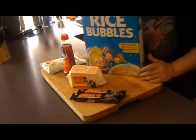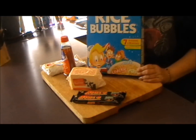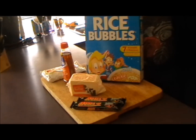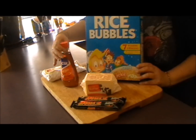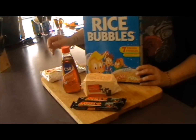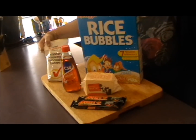Mars bar slice, you need two 60-gram Mars bars. You need about 2 cups of rice bubbles, or I think in the States they call them rice crisps. You need 75 grams of butter, and you need about 2 tablespoons of golden syrup. To top off the Mars bar slice, what you need is some chocolate buds which get melted and put on